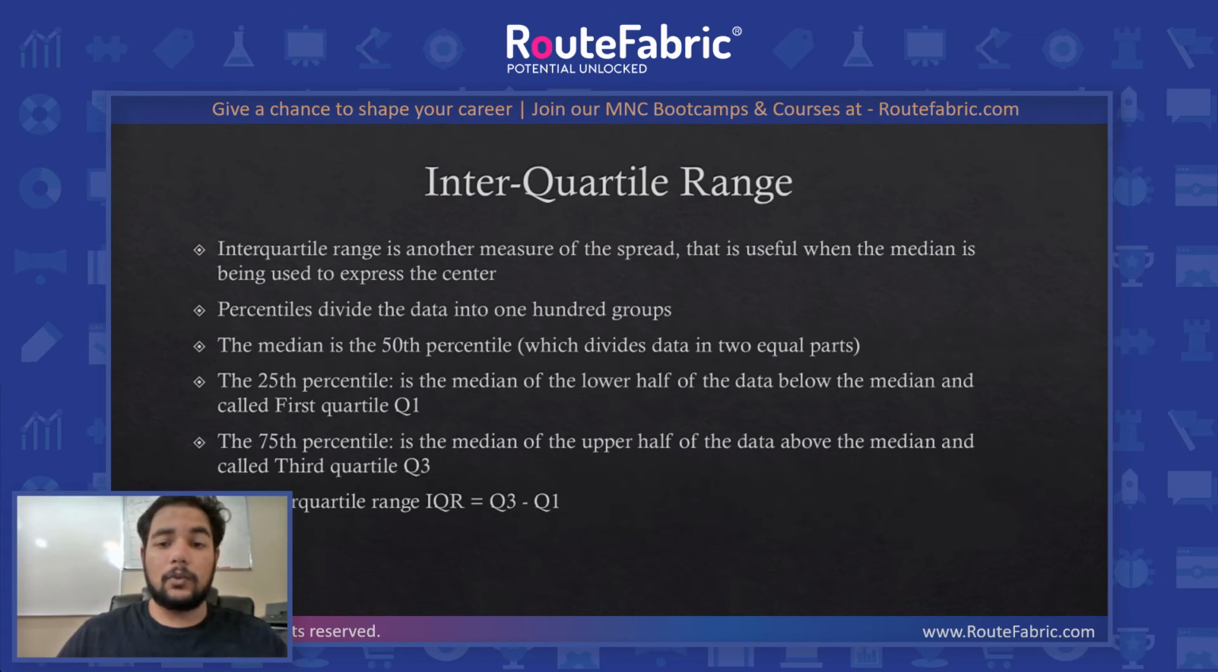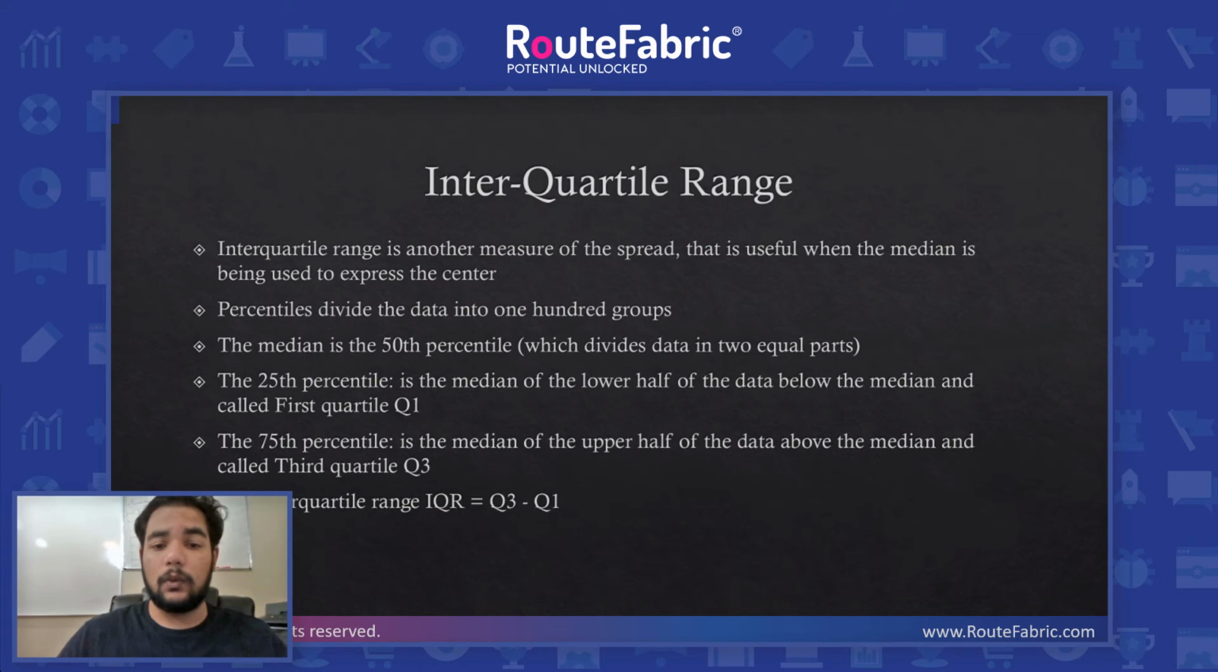Next up is interquartile range. In case we have too many outliers, interquartile range is a really good measure of spread because it uses the median to express the center instead of the mean. The percentiles in interquartile range are divided into 100 groups. The median is the 50th percentile, which divides the data into 2 equal parts, and the 25th percentile is the median of the lower half of the data,